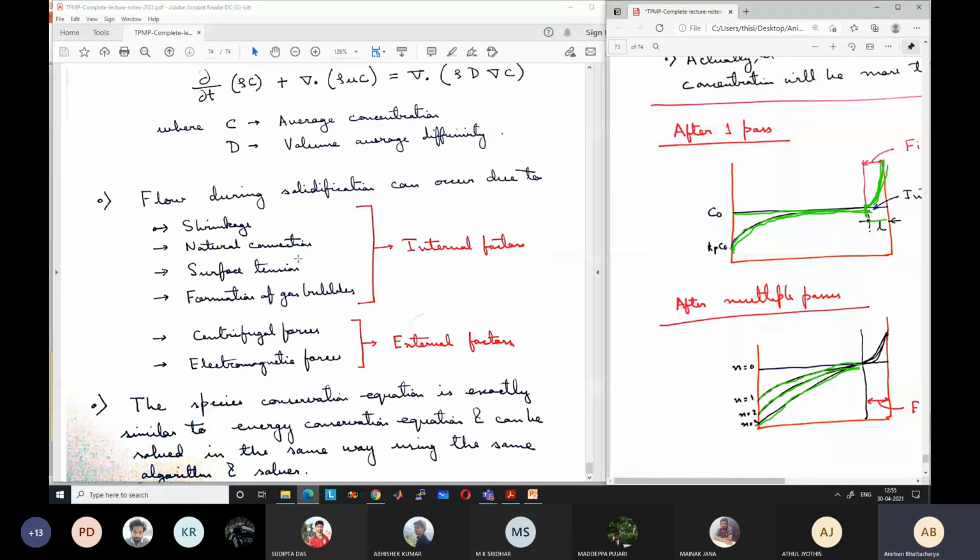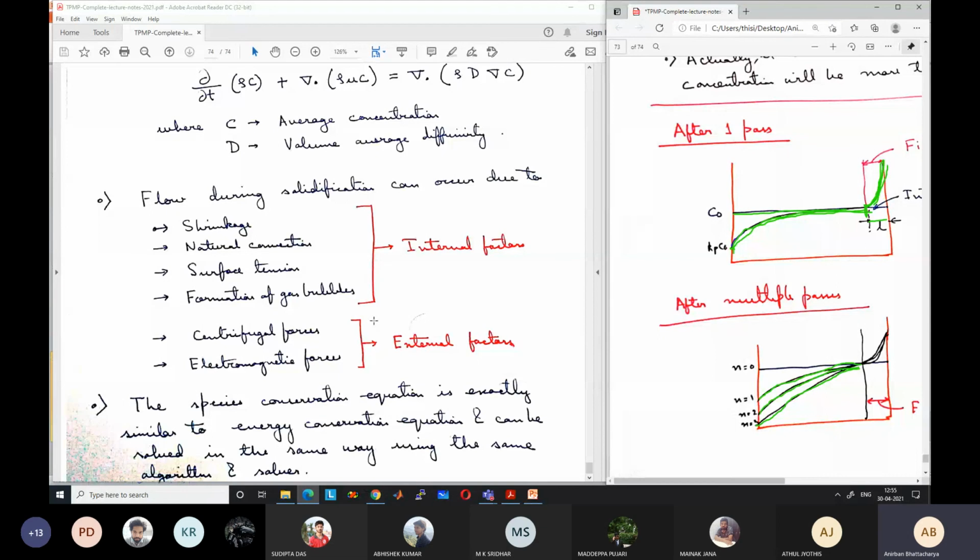Then there is flow due to natural convection. There are two types of natural convection. One you must have studied in thermodynamics, which is known as the thermal buoyancy effect. Because of variation of density due to variation in temperature, wherever the temperature is higher, the density is low, and wherever the temperature is lower, the density is high. So at higher temperature regions, because of lower density, the liquid will be lighter and will try to float up, and in regions with lower temperature, it will be heavier and will try to go down. So a natural convection pattern will be set up.